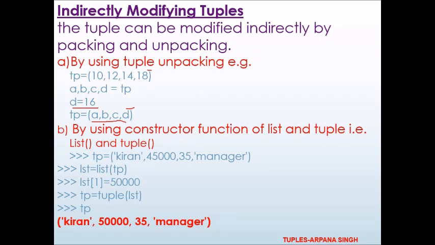Directly tuples cannot be modified. Or you convert it in the form of a list, like here. So this is a tuple with these values. Then using the list function, I converted this tuple to a list. And then because the elements of a list can be modified, suppose I wanted to modify the salary. Now salary is at index 1. So I'll write list1[1] is equal to 50,000. And because it is the list part, it will be modified. And then this list I have converted to a tuple. So first I will convert the tuple to a list and then modify it, and then the list will be converted back to the tuple. Then the modification can be done. So it is indirectly modifying the tuples.